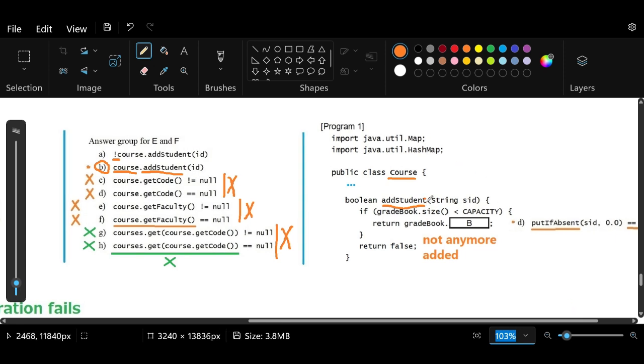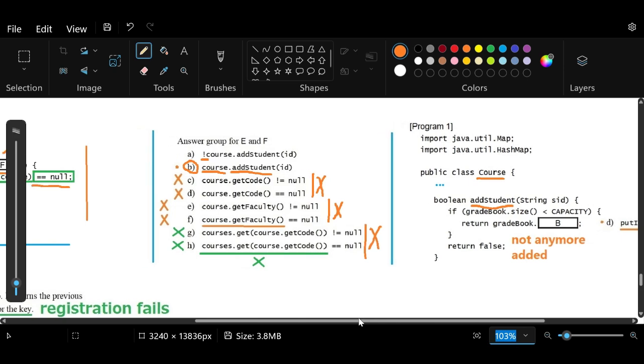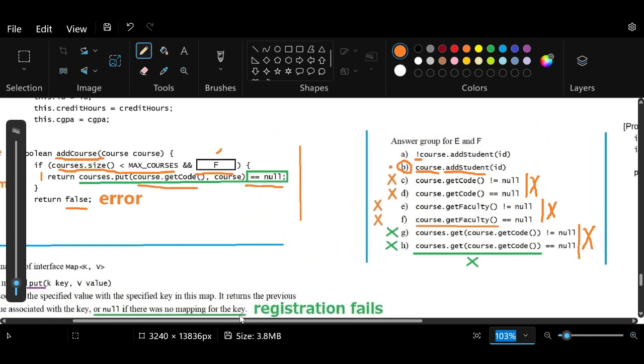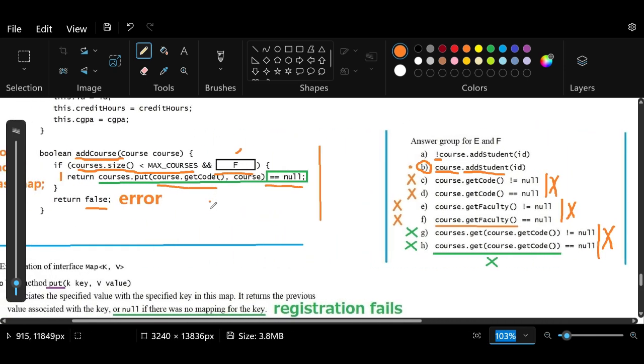So the course also has to have the student added, and if it's successful, that's when we add the course to the student's courses HashMap. And if we're not successful there, then we won't be able to add this one. And if we went with A, that would be the opposite of what we're going for. Okay, so that's why the correct answer would be